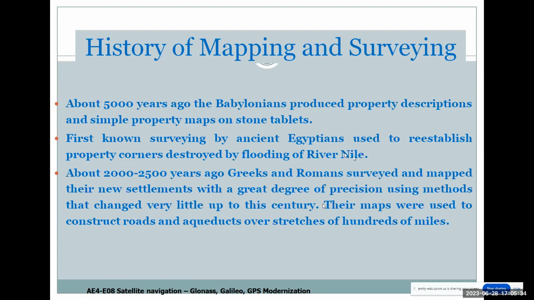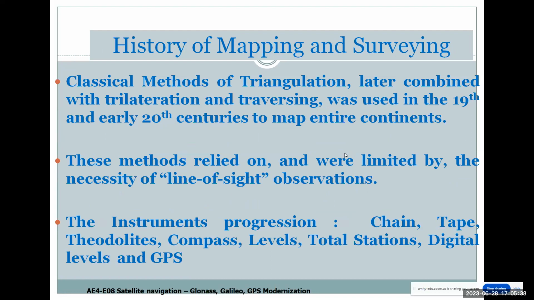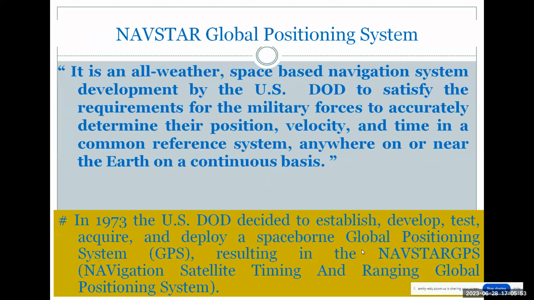At that time, we started surveying and mapping, and these are some classical methods for surveying, like triangulation, chain, tape, satellites, compass, total station, digital level, and GPS. So if you're talking about GPS, it consists of an all-weather space